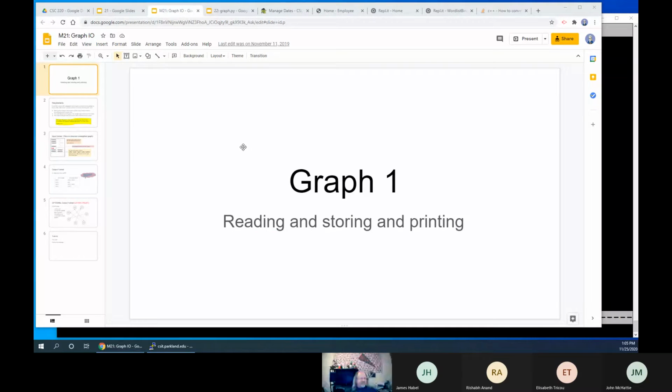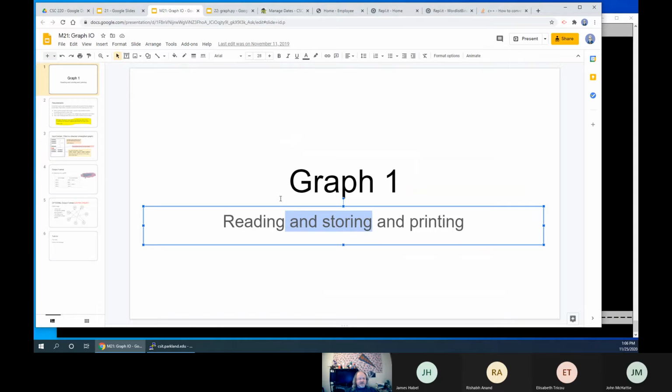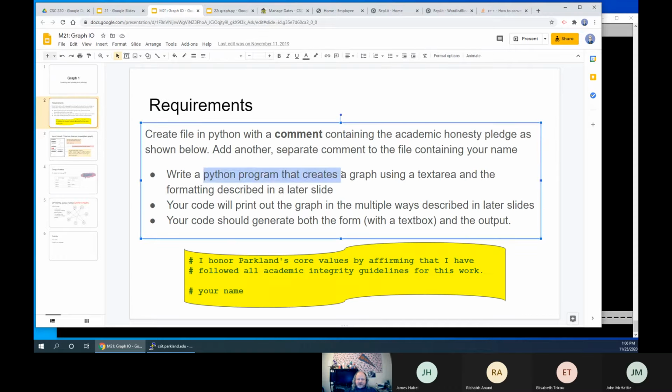Okay, let's talk about the first of a bunch of graph labs that you're going to have to do. The first thing you're going to need to do is to read it in from, yeah, you got it, a web page. Store it into this graph thing, and then print it out, right? So that we can take graphs, put them in there, store them. So you have to write a Python program, print out the graph,